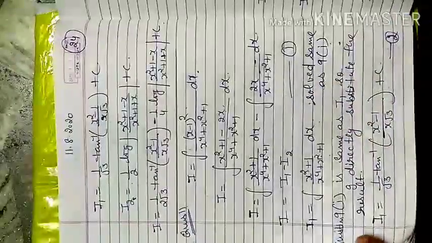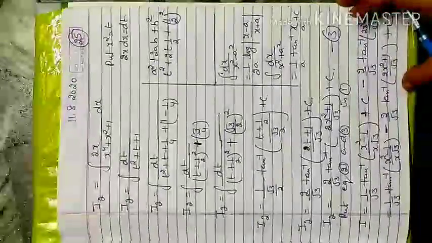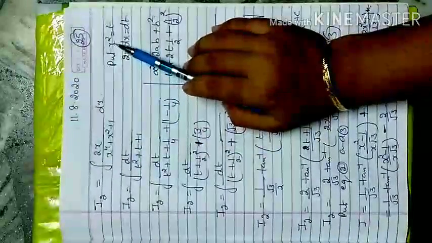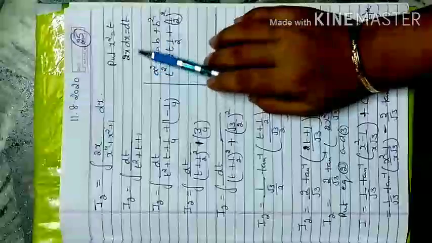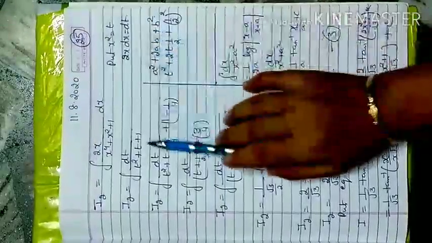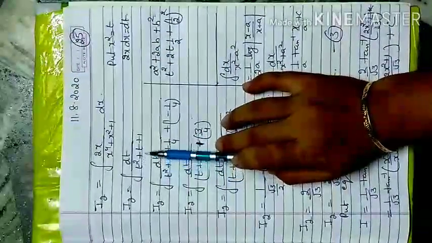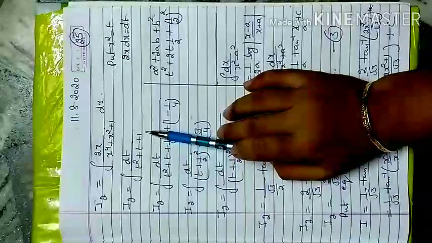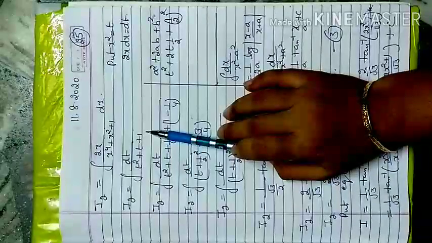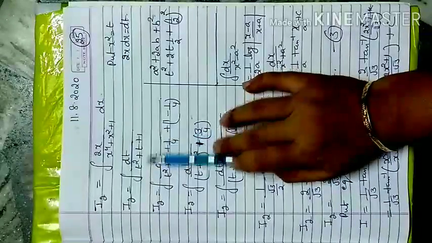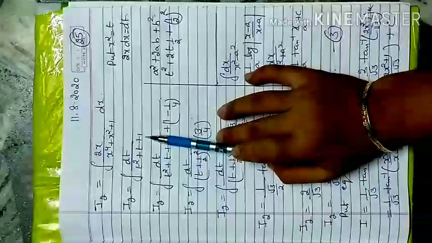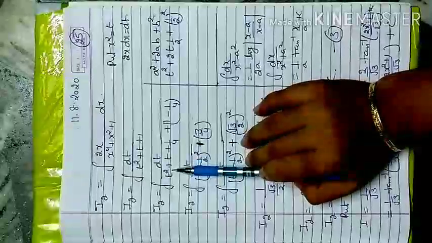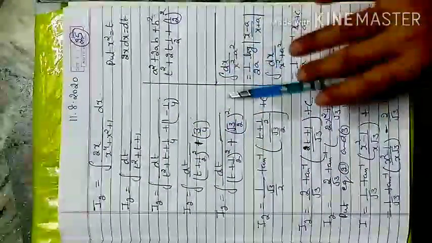Now I go on to solving I2, what I consider as I2. So here I2 is 2x over x^4 plus x square plus 1. Here I substitute x square equal to t, differentiation 2x dx equal to dt. But when I change it into the t form, t square plus t plus 1, it is still not a perfect square. Whatever formula I am going to apply, x square minus a square, x square plus a square, a square minus x square, I cannot make any of them. So the next step is I have to change this into a perfect square. So I write t square plus t on one side and keep 1, the constant term, on the other side.